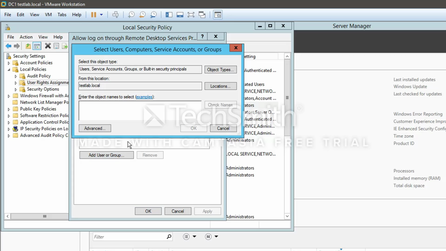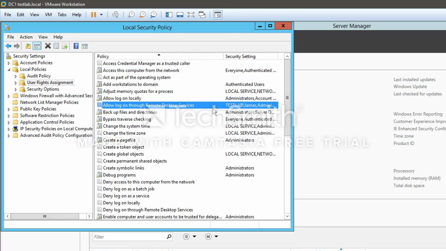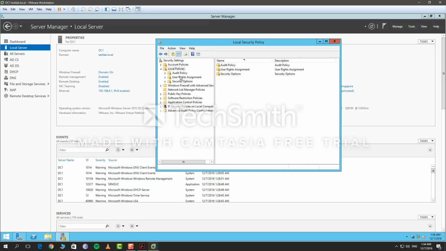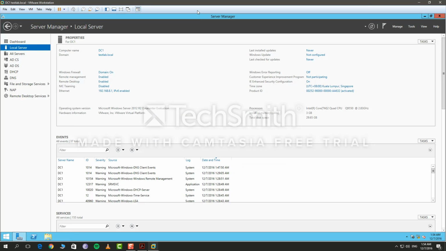Add James. Now, with these two steps being done, first is this, secondly is under this policy. Now that's done,